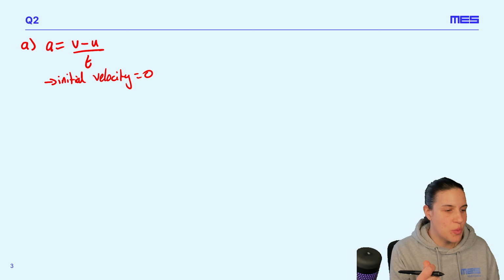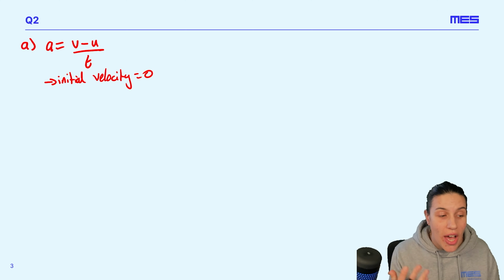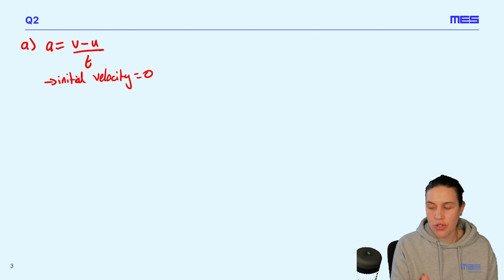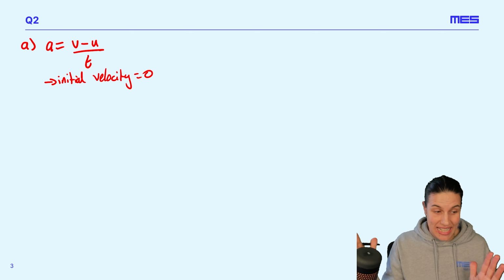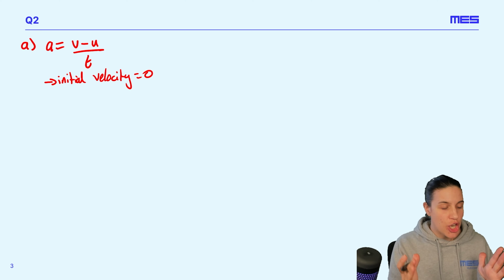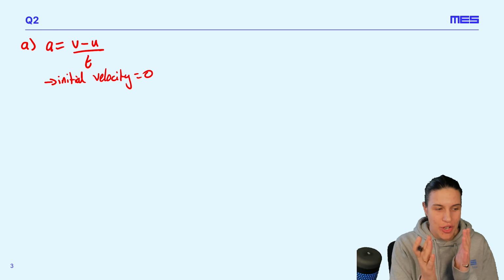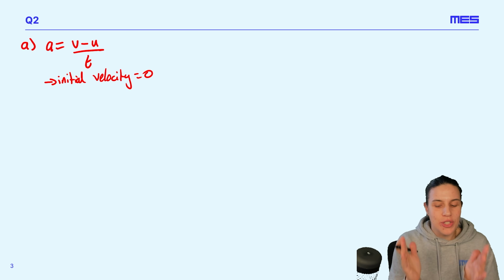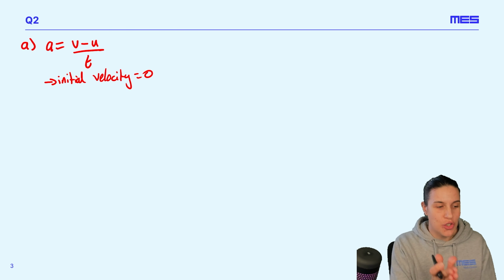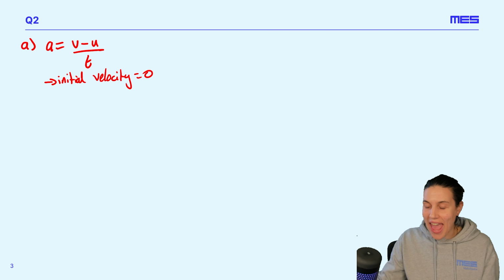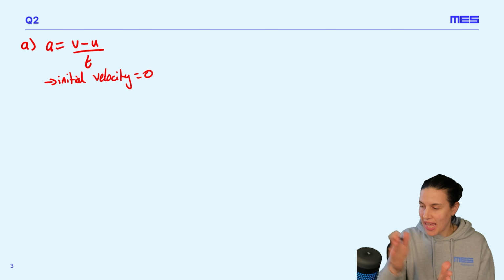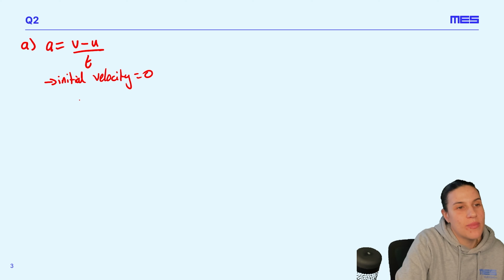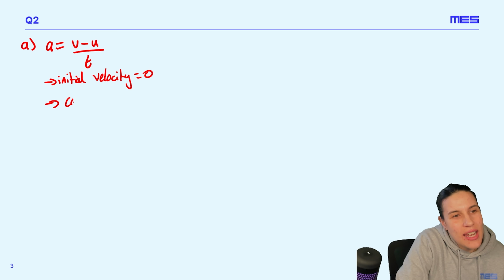So the next thing I need to work out is how I'm going to measure that final velocity. Now, the final velocity is the velocity of the trolley right at the end after it's done all of its acceleration. But actually, if I can work out the average velocity, the final velocity will just be twice of that because the average velocity is the velocity of the trolley in the middle, and at the end it's accelerated by the same amount again, so it will be twice the average velocity. So I can calculate average velocity